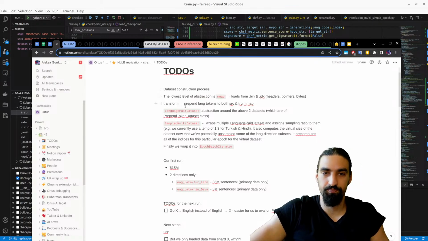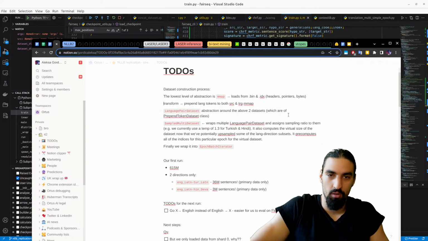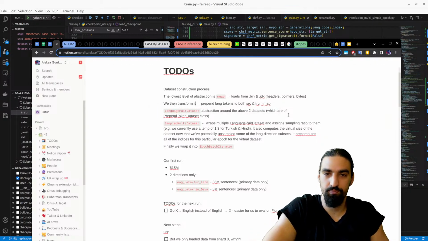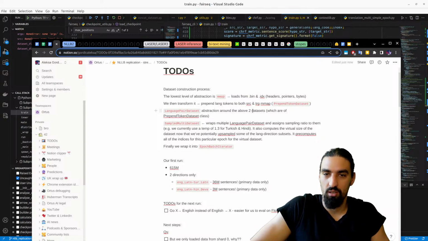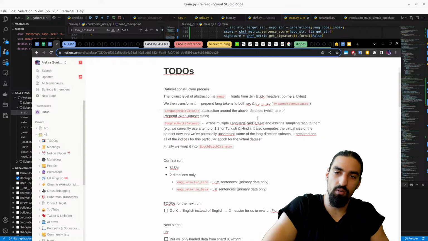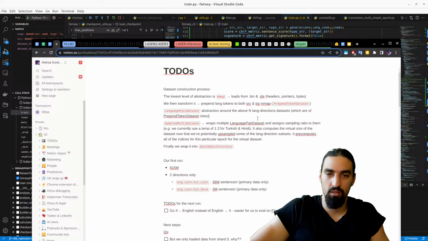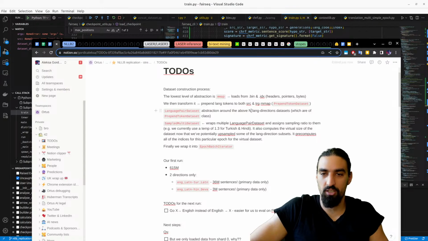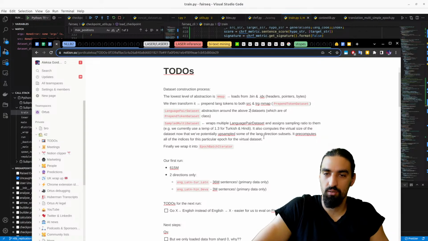Okay. And then we transform, prepend. So that's called prepend. We then transform it, prepend like tokens to both, and that's this data set. And then abstraction above the two data sets, above and language directions data sets, which are of this class. Actually two, sorry. Two data sets, two